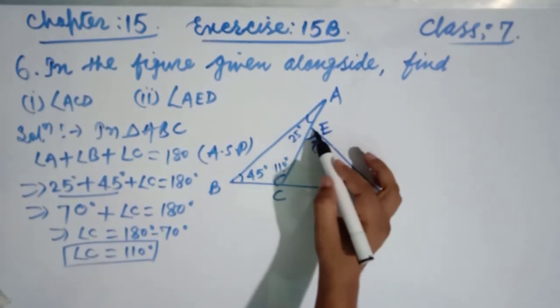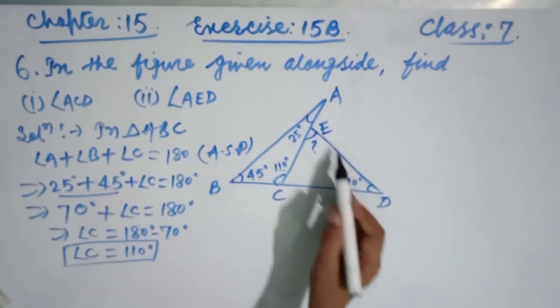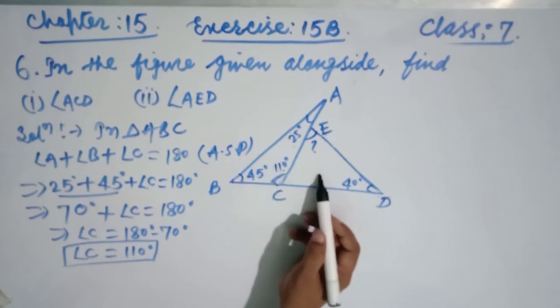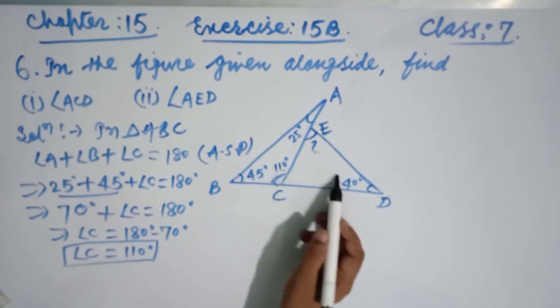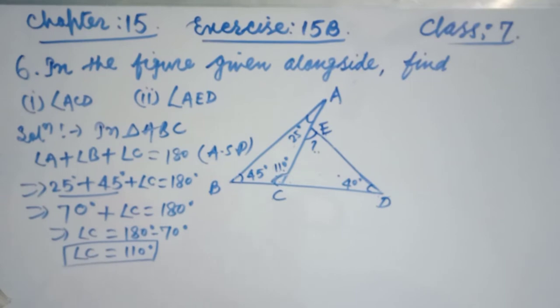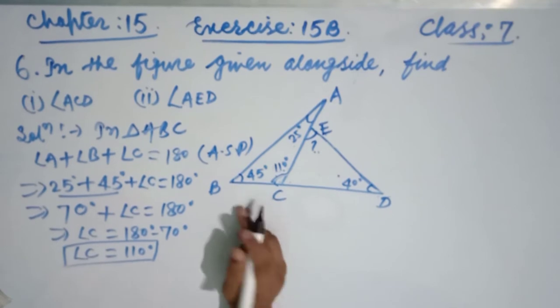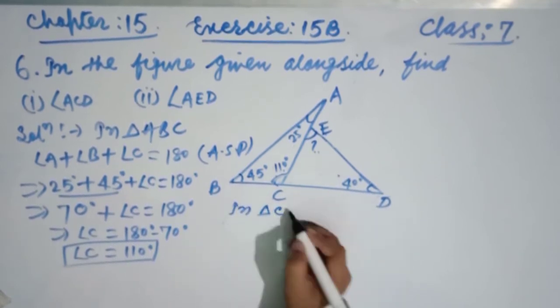If you look at this triangle, there are so many ways. This triangle CDE. This angle is an exterior angle of this triangle. So this exterior angle is equal to the sum of the opposite two interior angles. Now we can apply this, or there is another way, but this is the very simple way. Now see, in triangle CDE.